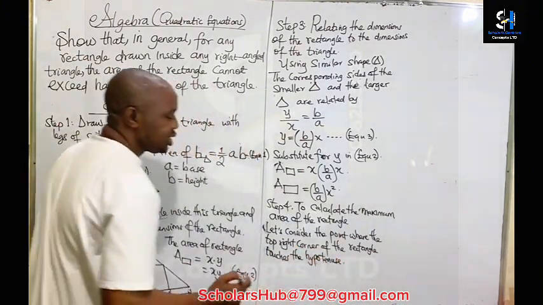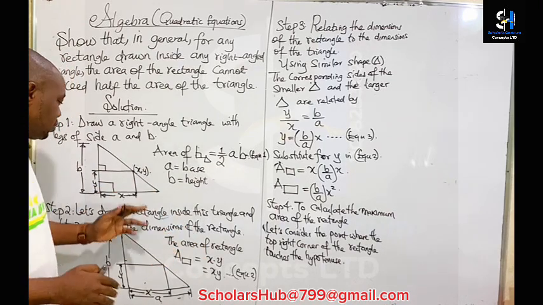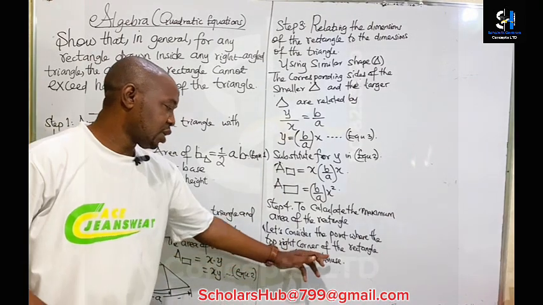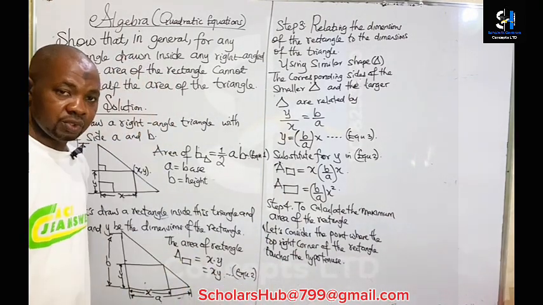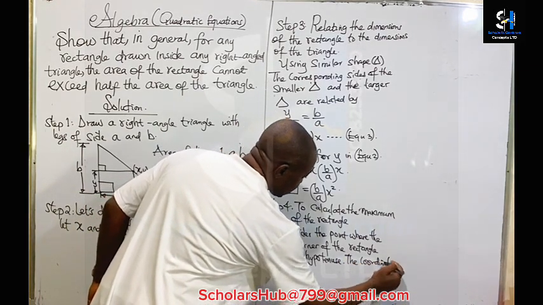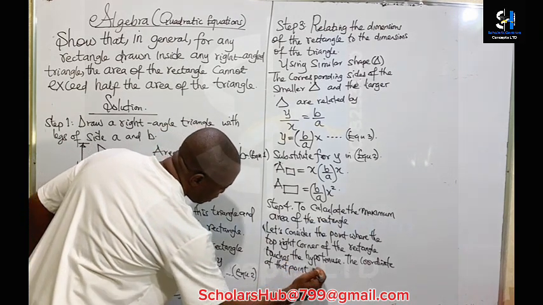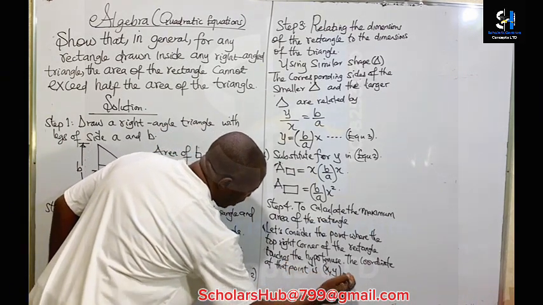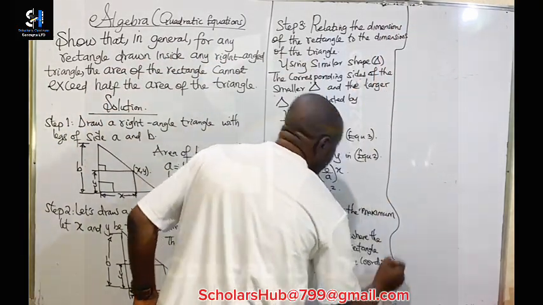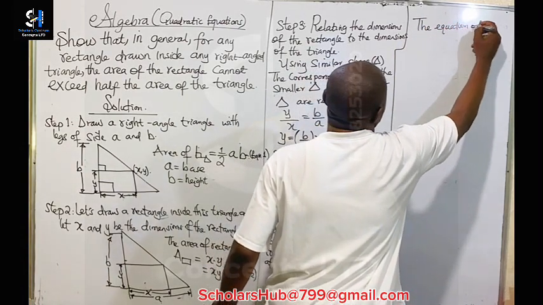Which means that the equation of the hypotenuse, because that point lies on the hypotenuse. So let's consider the point where the top right corner of the rectangle touches the hypotenuse, and then let's say the coordinates at that point are x and y. So then we have that the equation